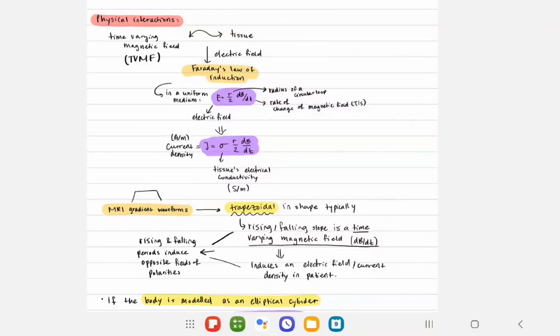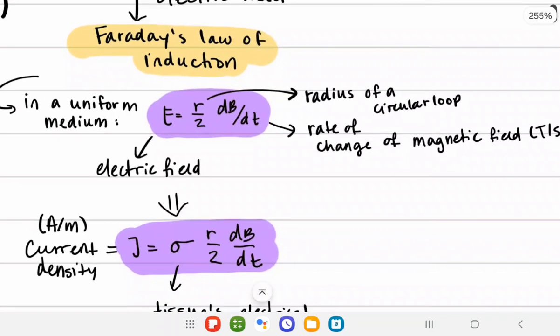So in this video, we are discussing the bioeffects relating to time-varying gradient fields in MRI. The physical interactions that we're interested in are between the time-varying magnetic fields, or TVMF for short, and the biological tissue. And this interaction is described by Faraday's law of induction, where we have that the electric field produced due